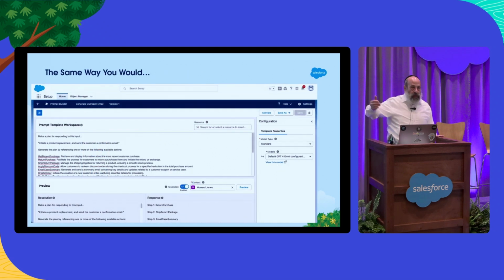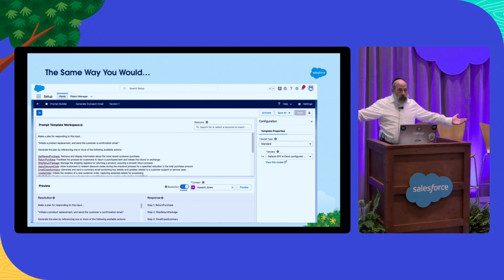So here I created a prompt template just to show this. And the prompt template, I realize it may be a bit of an eye chart, but the prompt template essentially has, here's a list of actions, and here's a list of descriptions, one description per action. And then I tell, in my prompt, Einstein, what would the plan be?